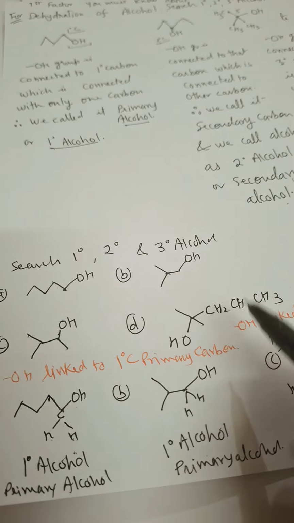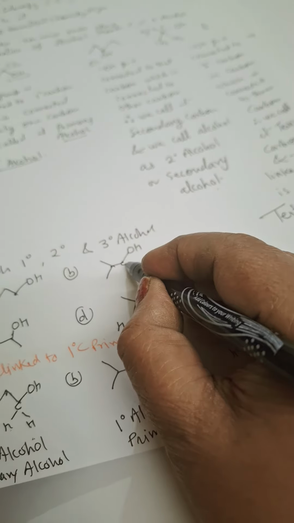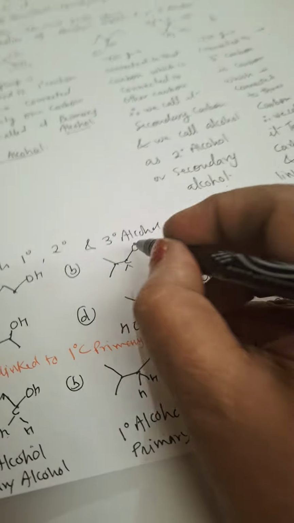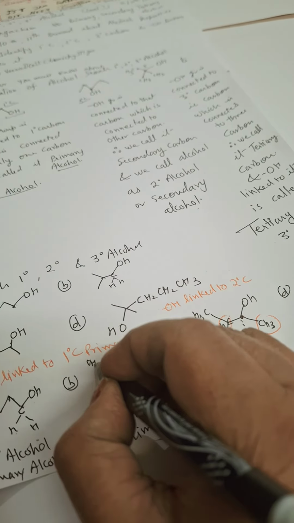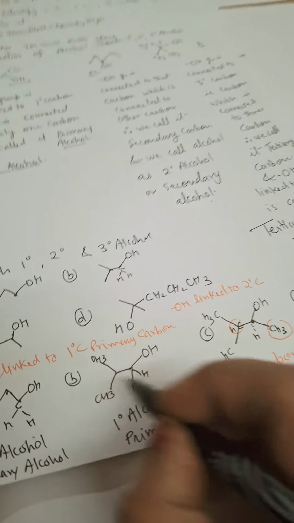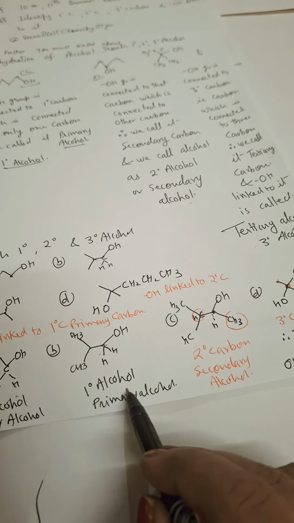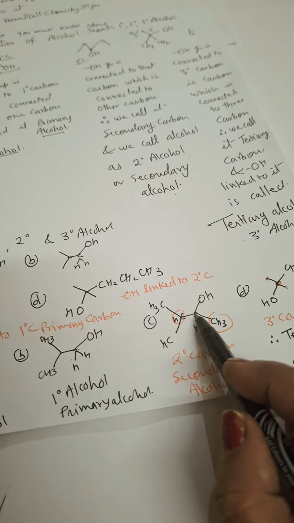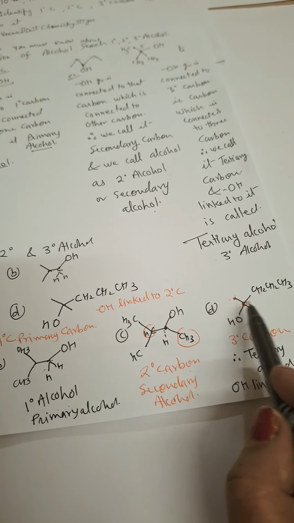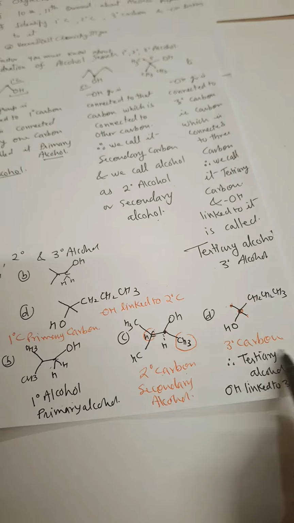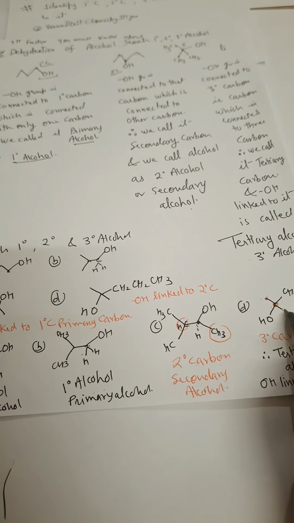Now we will go for this. Here also we will see that this is C. I am writing C with 2 hydrogens, because this is a methyl group. So this carbon is attached with only one carbon, so it is 1 degree alcohol. This OH here is linked with 2 other carbons, so it is 2 degree carbon. This carbon is linked with 1, 2 and 3, so it is 3 degree or tertiary alcohol, 3 degree alcohol. Okay, 1, 2 and 3. This is CH3,